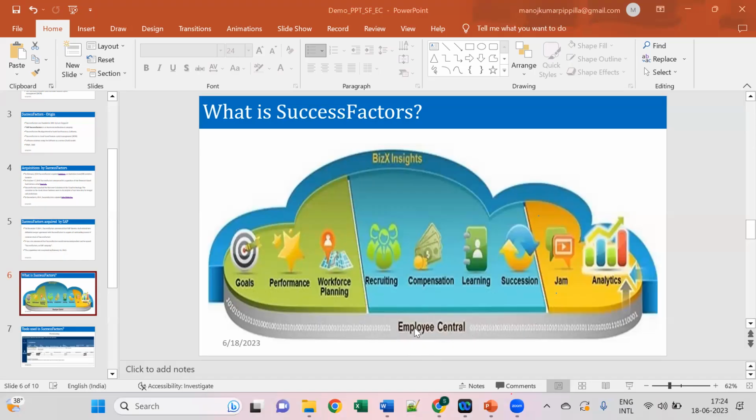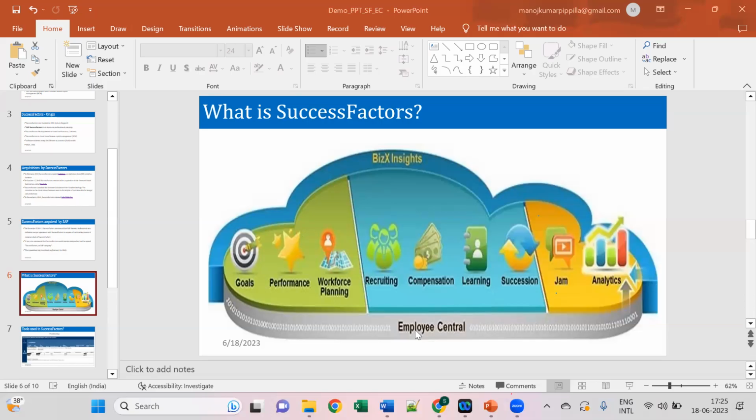So that is the reason Employee Central will be linked to each and every module. If you see here, Employee Central is the base for all other modules which are provided by SuccessFactors. That is the reason it is a very big module, and the remaining modules we will be calling talent modules, which are very simple, which you can learn within 1 week or 10 days. Those are very small modules, but Employee Central is a little lengthy module and is a very important module within SuccessFactors.